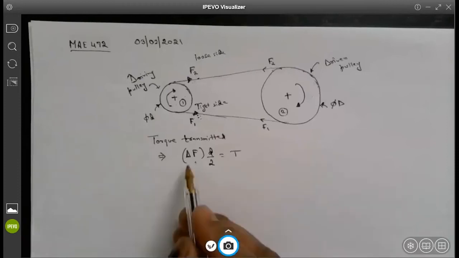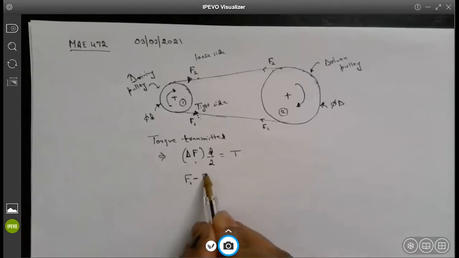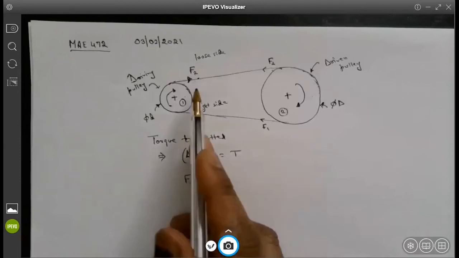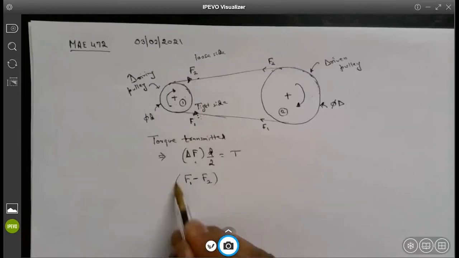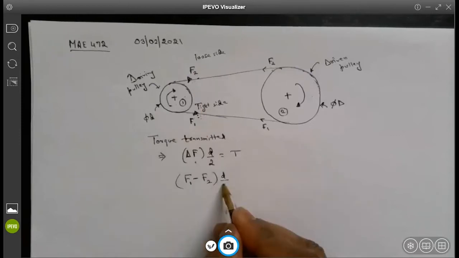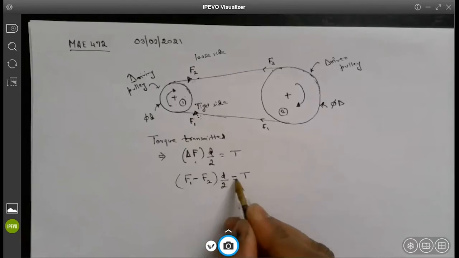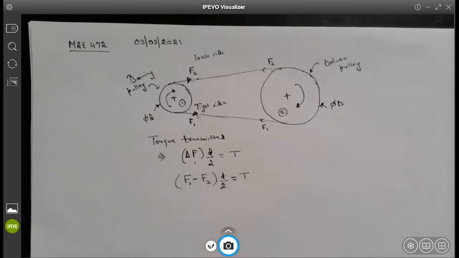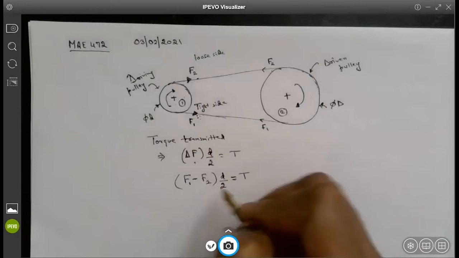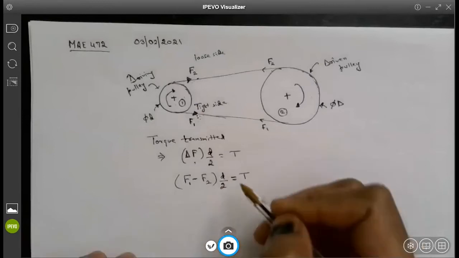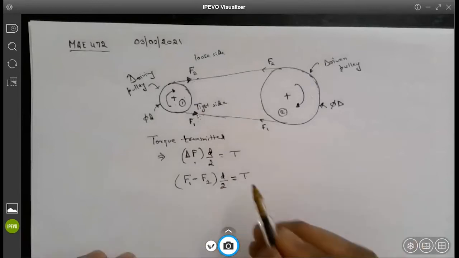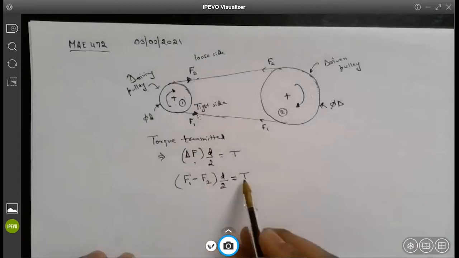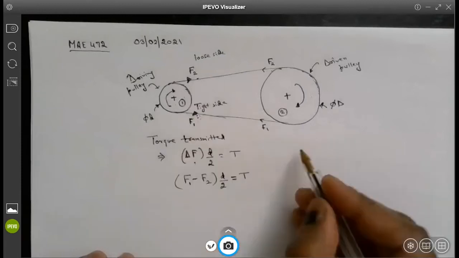If there are no questions, then delta F basically means, if this is the tighter side, F1 is greater than F2, then F1 minus F2 times d/2 is your torque being transmitted. Mathematically, or from the free body diagram, you can also identify the tight side and loose side. If you draw the free body diagram of this pulley itself,